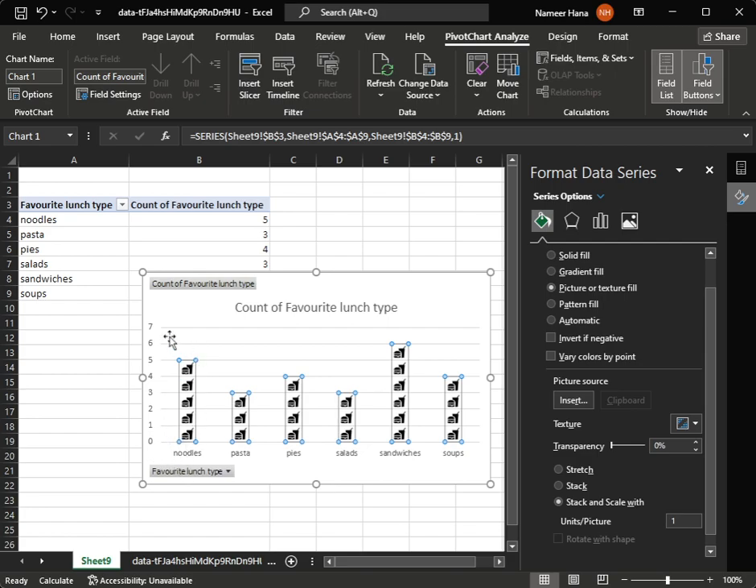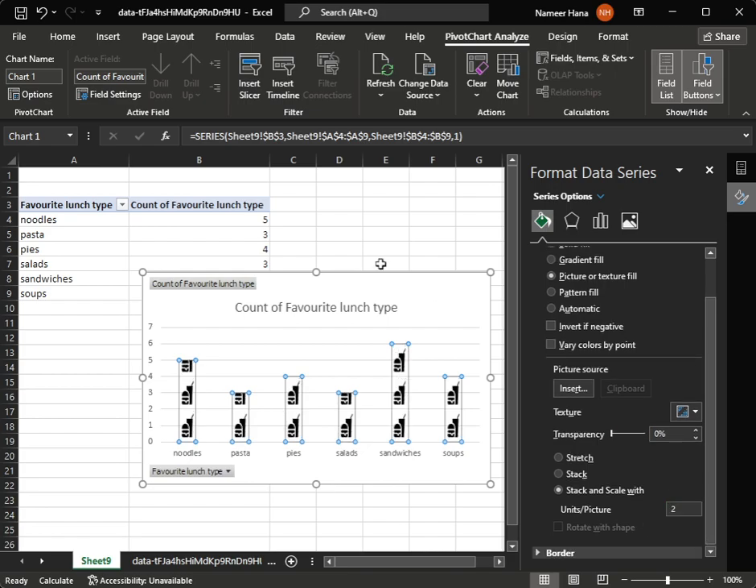Now if we want to reduce the amount of pictures, we can change this to say that for every 2 people who said noodles, we want 1 picture. So if we change the unit to 2 per picture, click enter. Now as you can see, pies had 4 people who said that they liked pies as their favorite lunch, and there's only 2 pictures because now each picture counts for 2. So you can make changes like that to your picture,